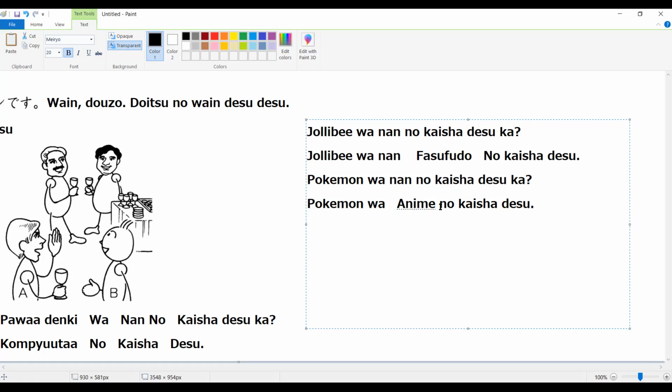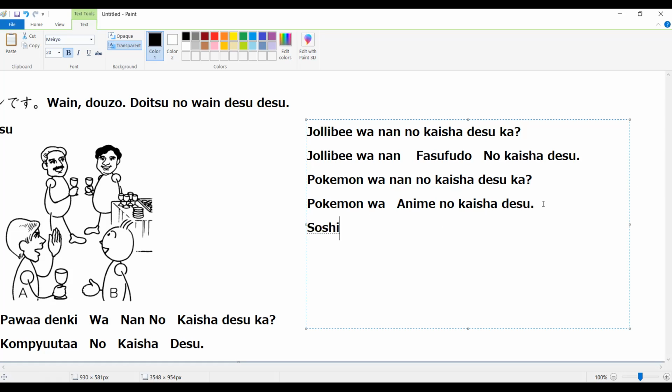It's better for the anime. Anime no kaisha desu. Because when we say anime, it has a broader concept. It already covers the movie and the series as well, right? Okay. わかりますか？ はい、先生。 Okay, もう一度。 ポケモンはアニメの会社です。